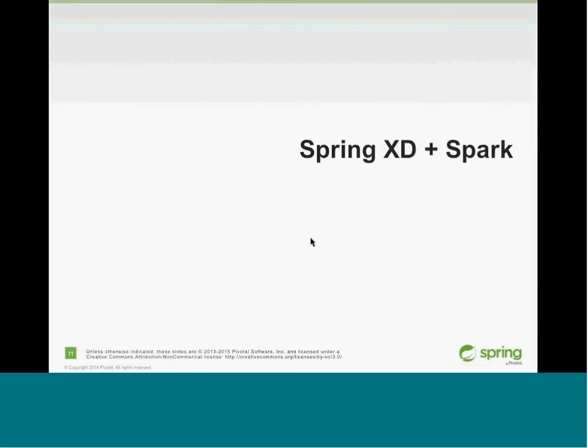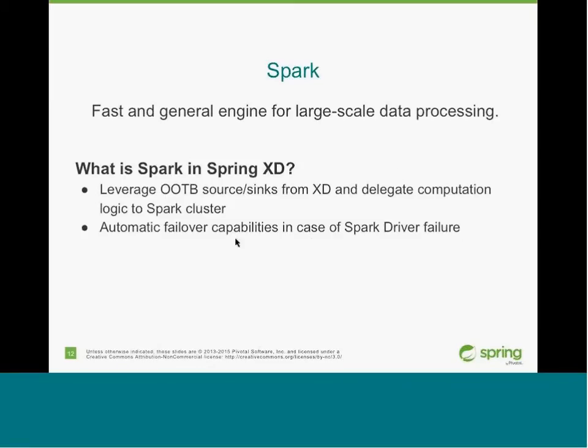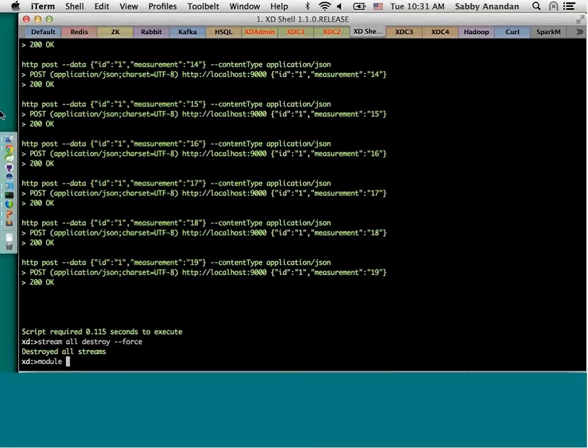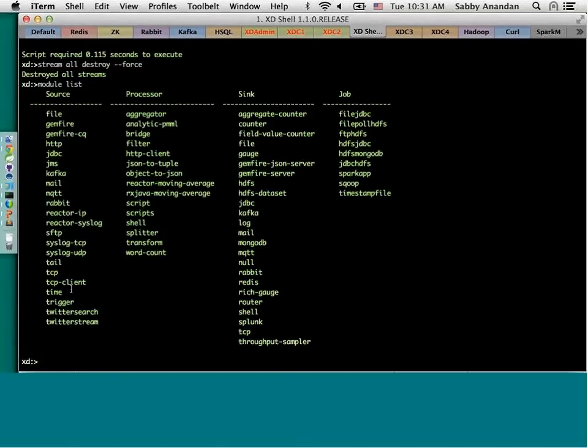Moving on. So we have rich integration with Spark and Spark Streaming as well. Spark is a distributed engine for large-scale data processing. So what is the role of Spark in Spring XD? Immediately, out of the box, all these adapters that you have, you can consume varied sources using these